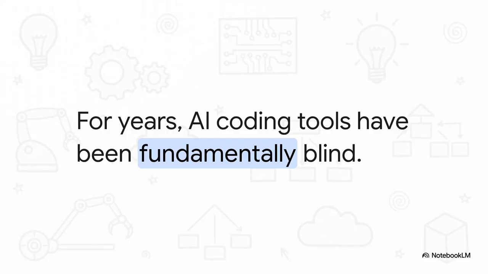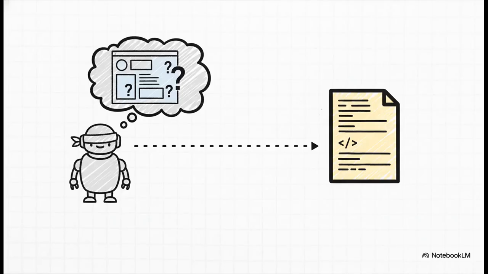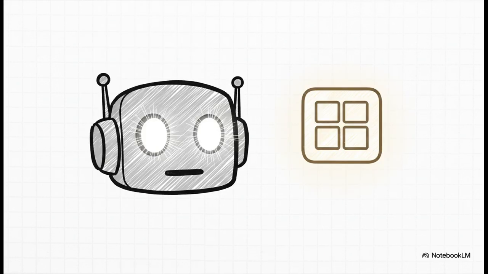But there's another piece to this puzzle, and frankly, it's a huge one. For years, pretty much all of our AI coding tools have been fundamentally blind. I mean, they could read your source files, right? They'd look at the text on the screen and make a really educated guess about what the application was doing or why it was broken. But it was always just a guess based on static code. But now, Antigravity can actually see your app. I'm going to say that again. It can see it. This is the game changer. It's no longer just guessing based on code. It's actively observing the live running application.